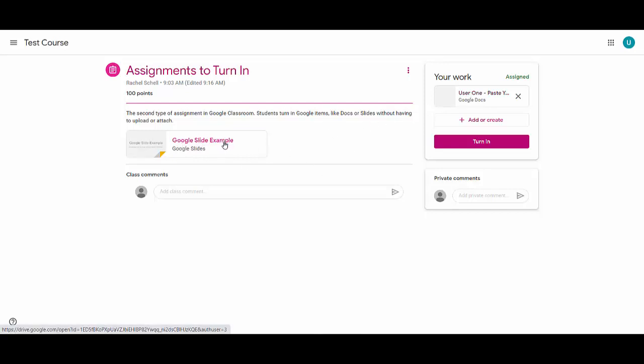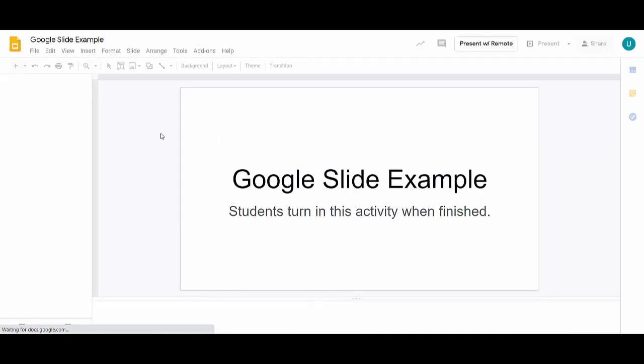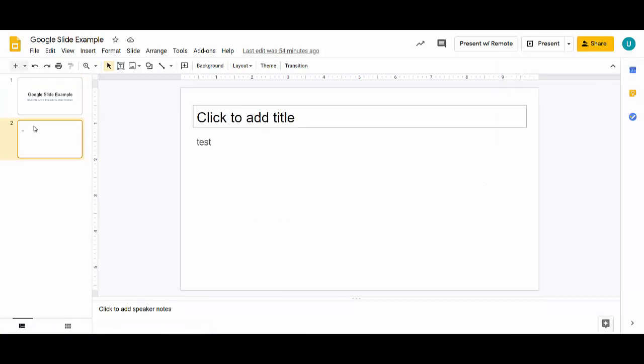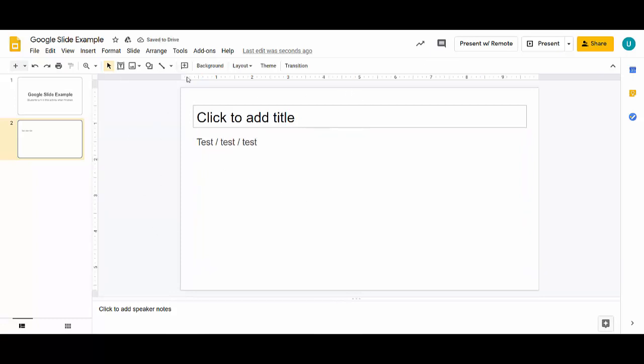The first one is a Google slide. And in this Google slide example, I would want students to work together. So we would have multiple students working in the same document here. This is not a case where they would each get their own copy. This is everybody working together. And so once the students are done working,